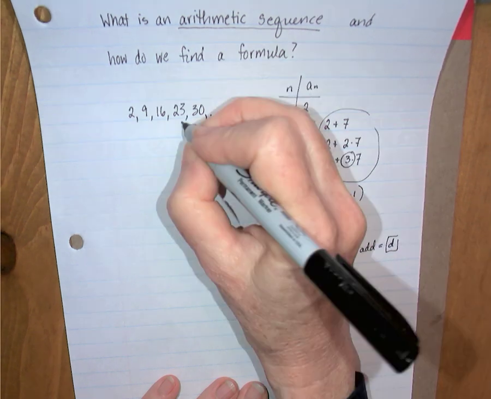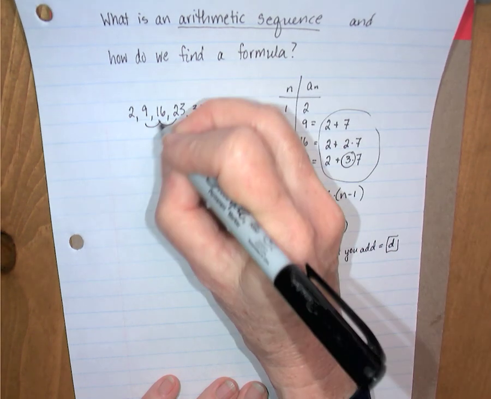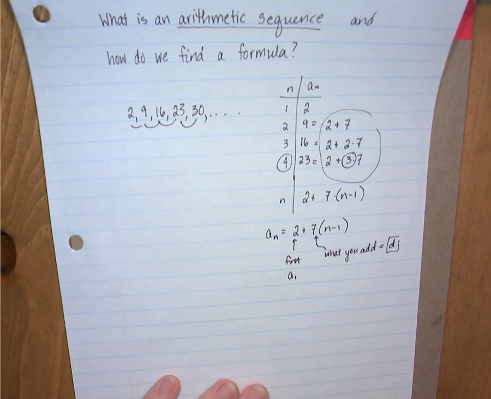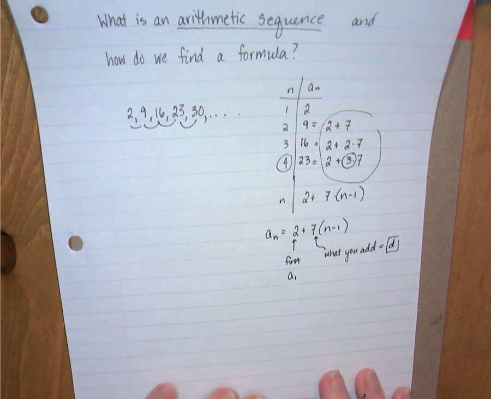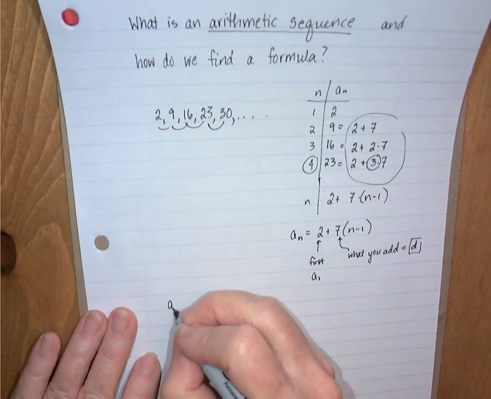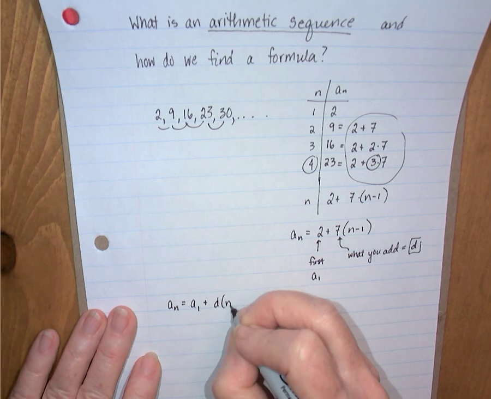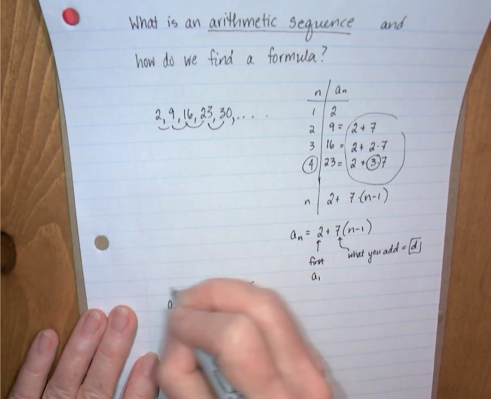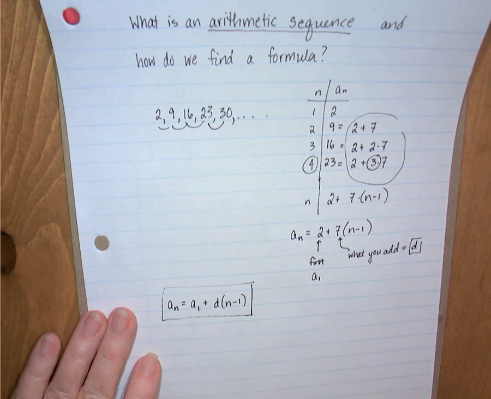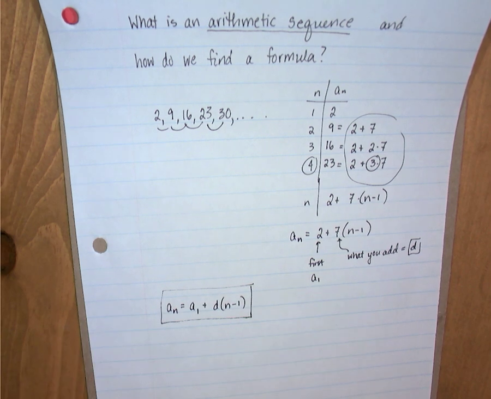If you were going to subtract any 2 consecutive terms, the difference would be 7. So the formula for an arithmetic sequence is a sub n equals a sub 1 plus d times n minus 1. And you're going to just play around for a few minutes coming up with the formula, and then we'll talk about using